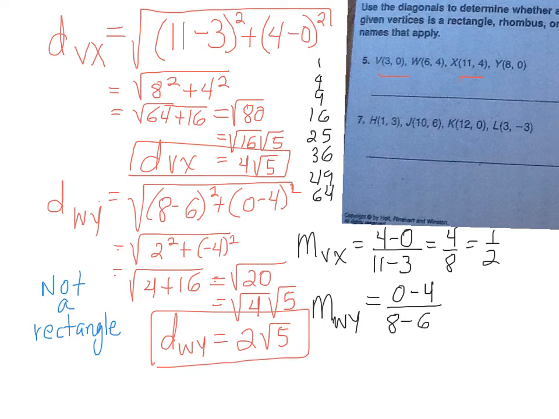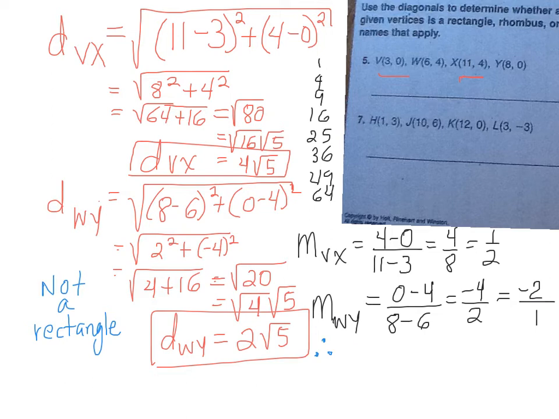8 minus 6. And then we simplify, that would be negative 4 over 2. When you simplify those numbers, that would be negative 2 over 1. Look at the slopes. Are they negative reciprocal slopes? Yes. So therefore, here we can say that